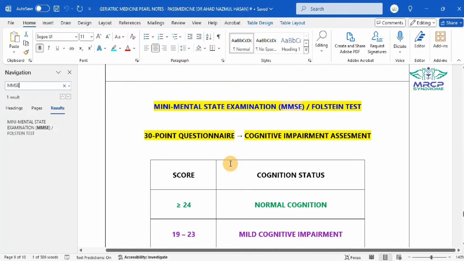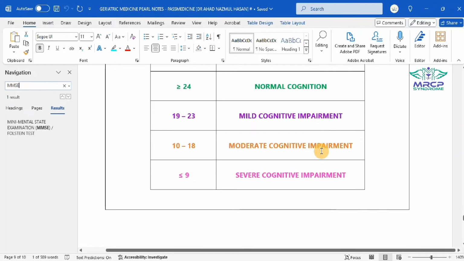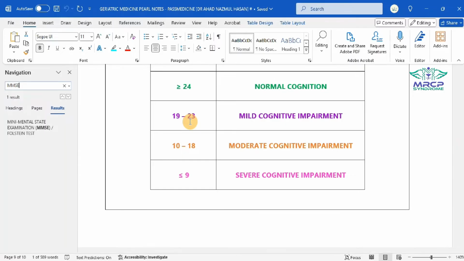This points towards the 30-point questionnaire. So whenever the score is greater than or equal to 24, this is regarded as normal cognition. And severe cognitive impairment, less than or equal to 9. Moderate means 10 to 18, mild means 19 to 23, or simply you can remember less than 10 is severe,